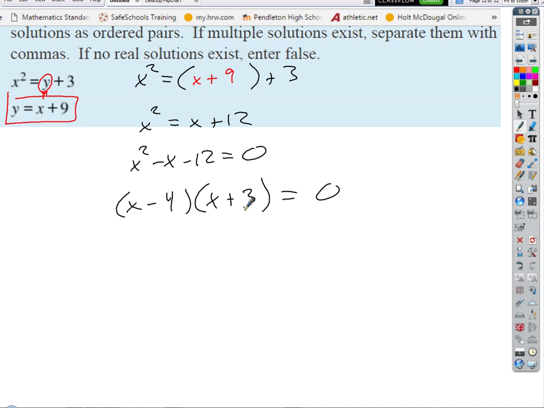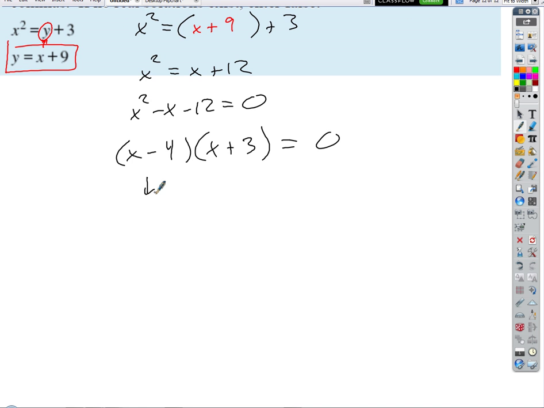Does that make sense? So then what are my solutions going to be for x? Either x equals what? Because I got to use the zero product property now, right? I've got this factored, but the magic numbers are not the solutions, right? Those are just the numbers we needed to factor in. So the product of x minus 4 and x plus 3 would equal 0 when either x minus 4 is 0 or x plus 3 is 0. What value of x makes x minus 4 0? 4. So either x equals 4 or x equals